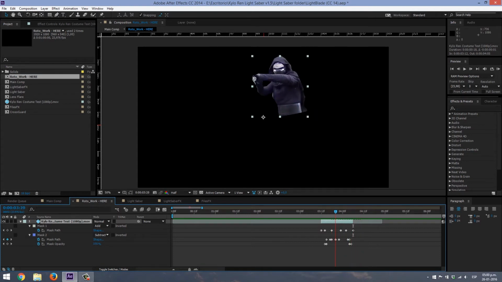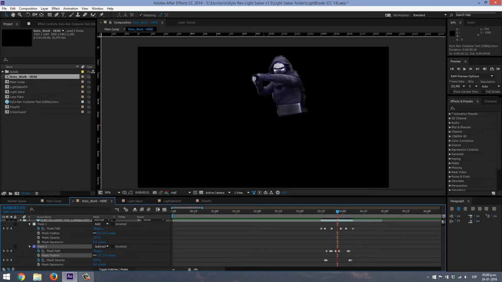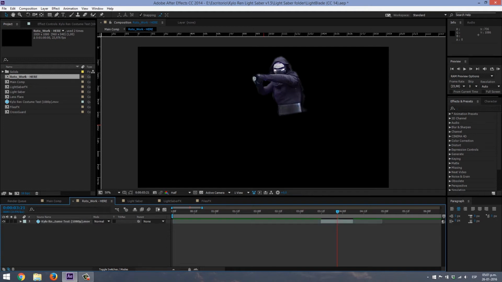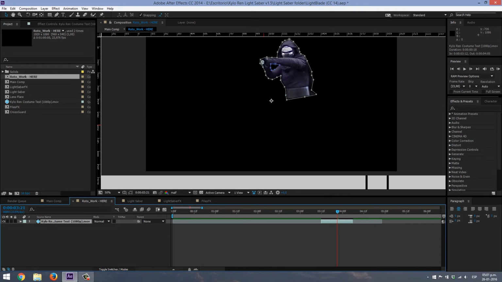That's right. And I'm gonna feather, hitting F. I'm gonna feather this a little. Press MM to see all the properties of the mask, and reduce the expansion here a little, so we have it tight and nice. And that's it. Just by doing this and putting this composition here, you can see what happened in main comp,